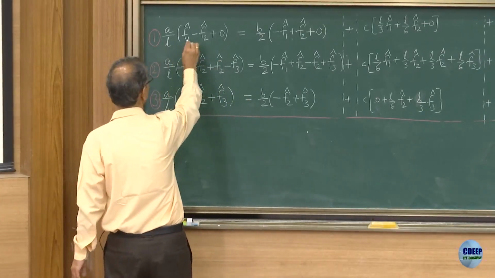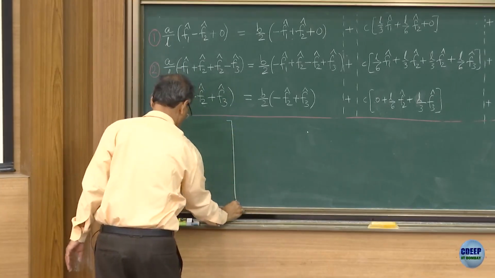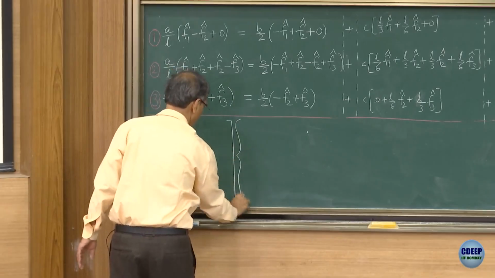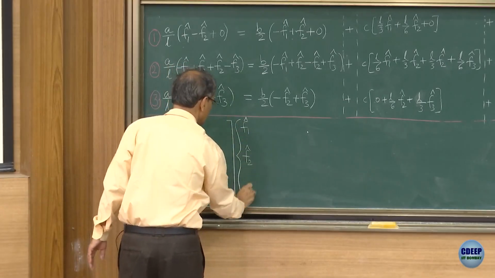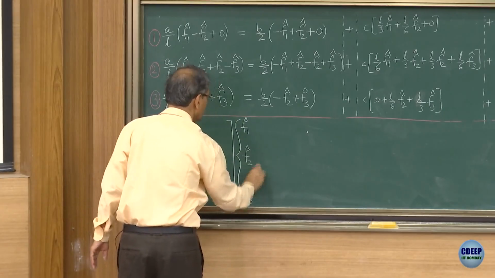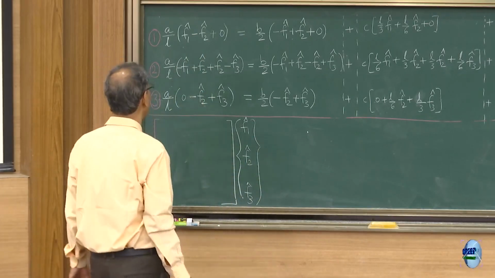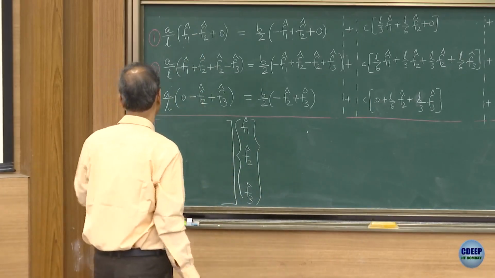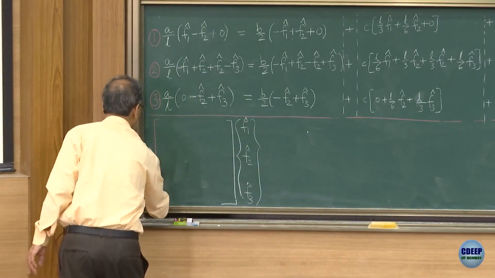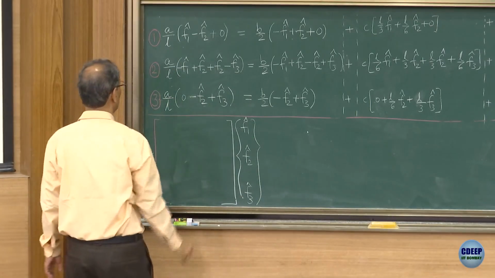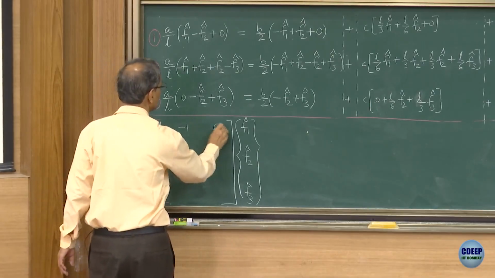A by L, this will be multiplying F1 hat, F2 hat, F3 hat. The left hand side we are writing first. So A by L, I will take it out, it is common in all the three. So A upon L, it is 1 minus 1 0